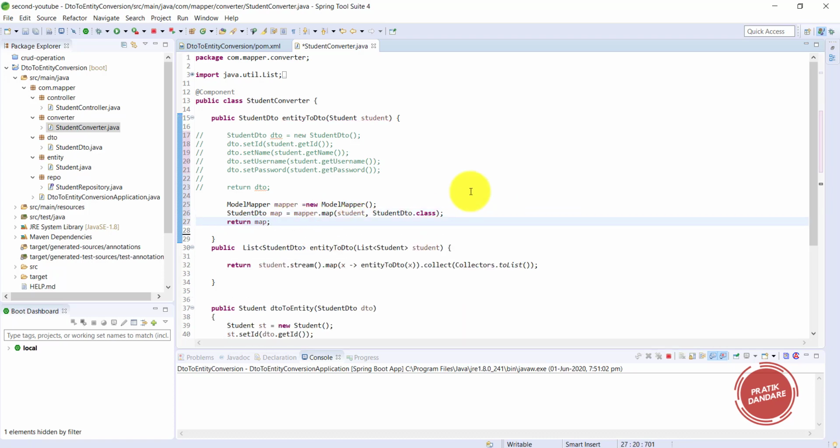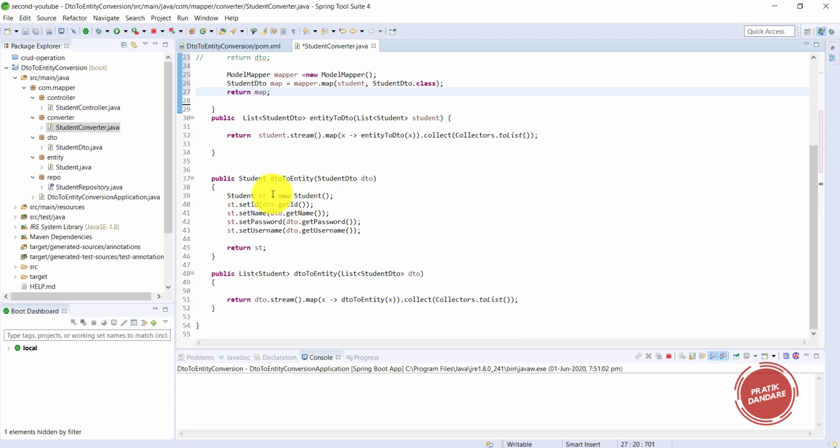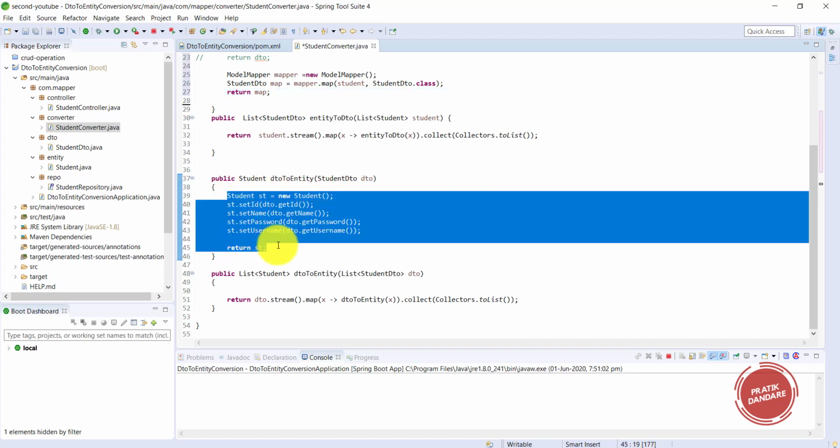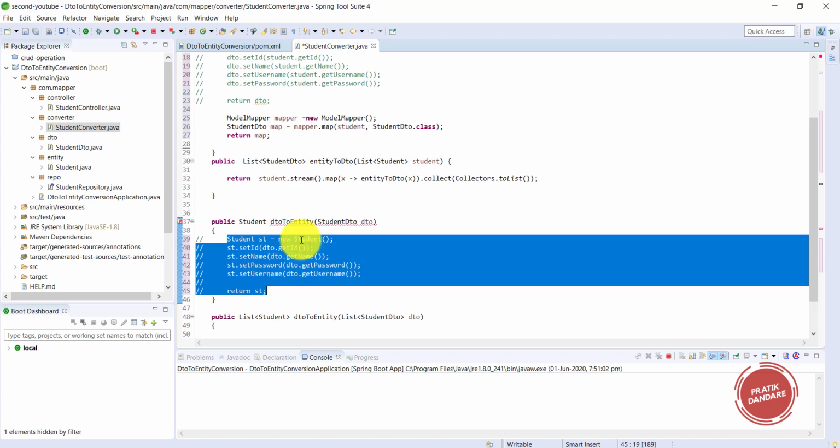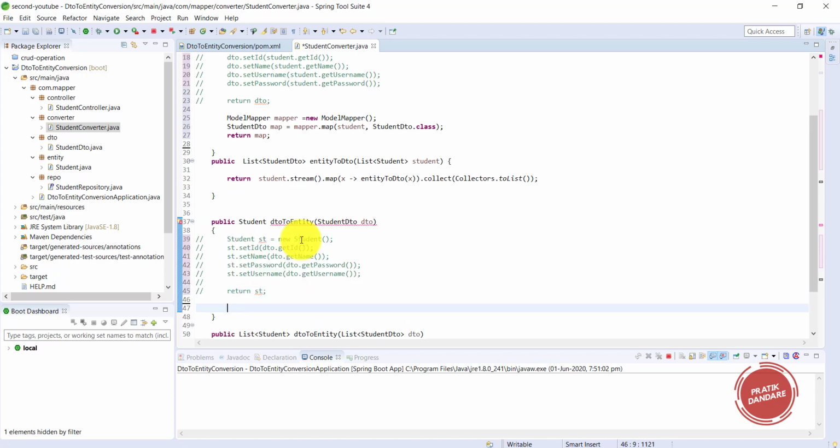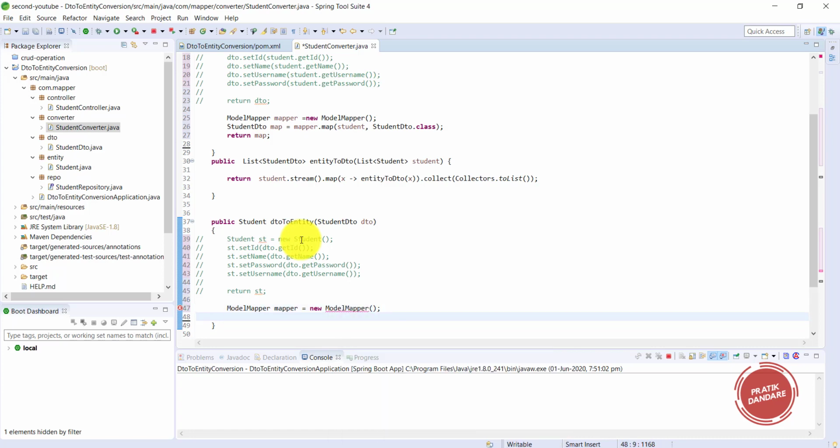This is the logic for StudentDTO, and we need to write the same logic here too. Again, I am creating a ModelMapper instance here: mapper is equal to new ModelMapper, and mapper.map.